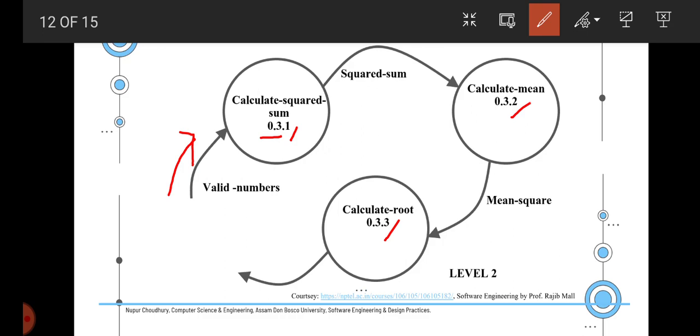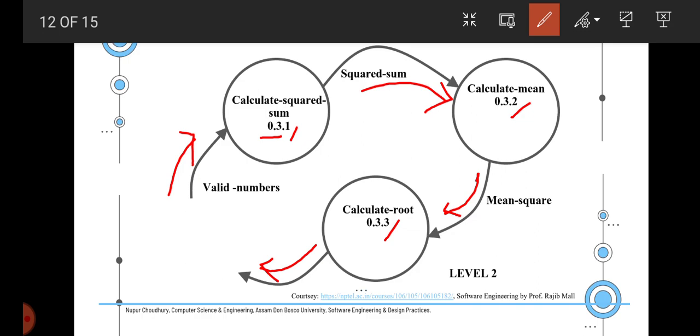Once the calculation of the squared sum is done, the squared sum is then sent to the next step, which is calculating the mean of the squared sum. Once that calculation is done, the mean square is then sent to the last step, which is finding out the root of the 3 numbers. Once they are done, it will simply go to the display process, which is not shown here because we